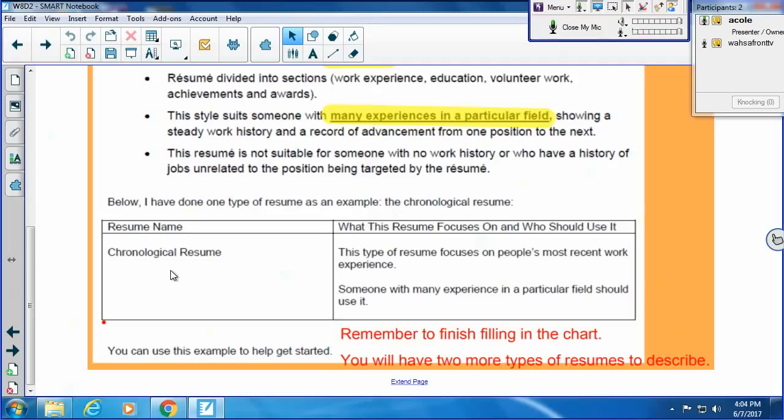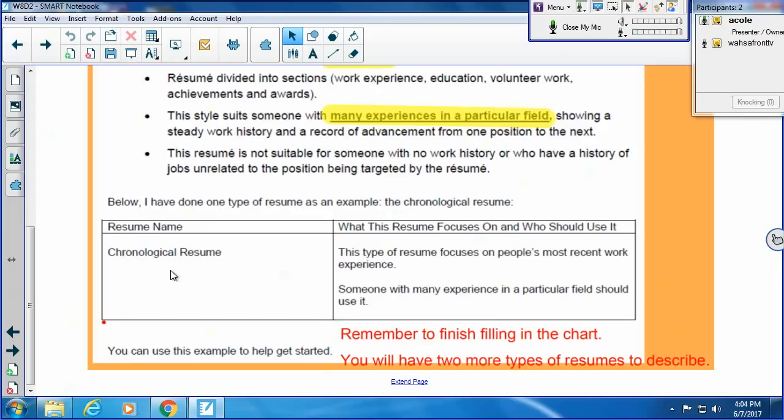You're just saying the name of the resume on the left, and then on the right, the two questions that you're answering are what the resume focuses on. If it's a functional resume, a skills or functional resume, then it focuses on your skills. And then the second question is who should use it, right?